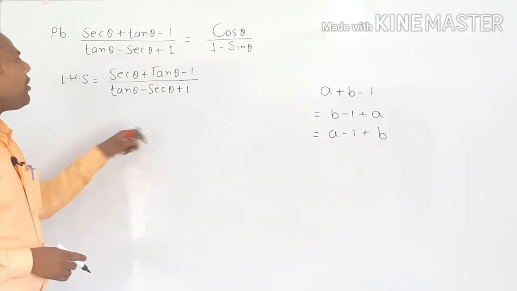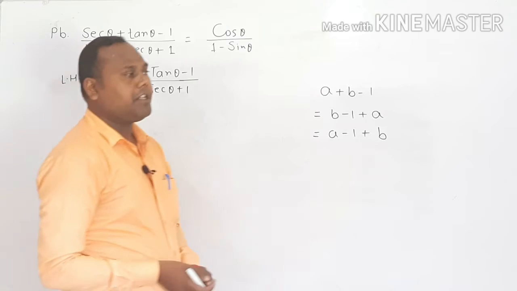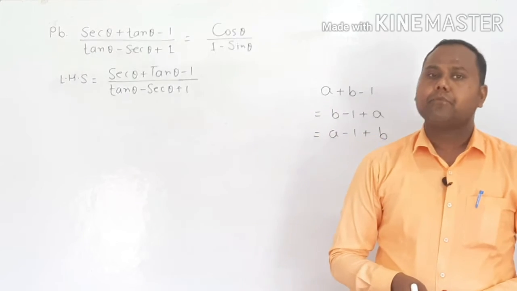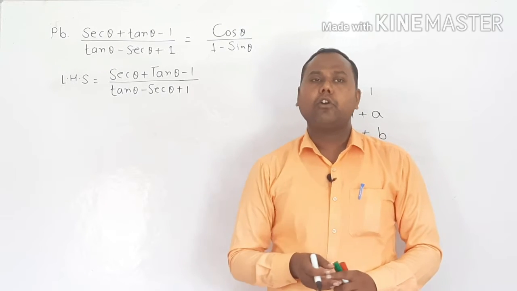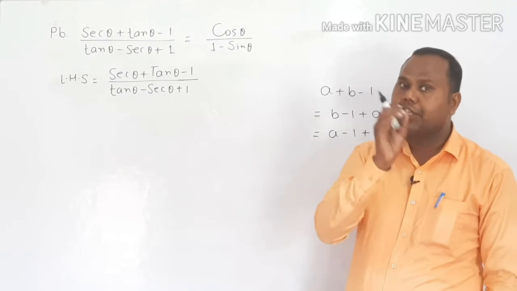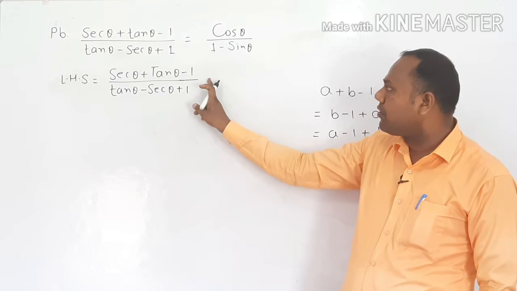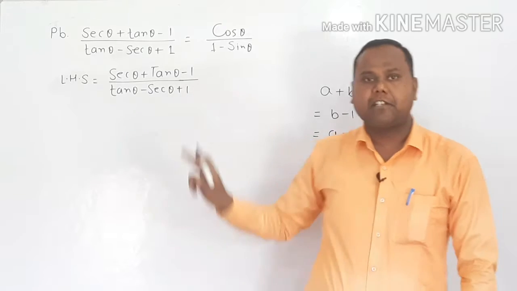Now, we always remember what the formulas for 1 are. 1 means sec² θ − tan² θ. 1 means sin² θ + cos² θ. 1 means cosec² θ − cot² θ. But we can use sec² θ − tan² θ while solving this problem because this numerator part is in the form of sec θ and tan θ. So